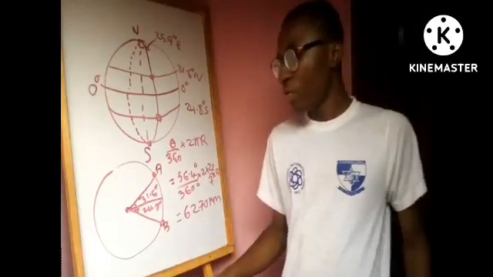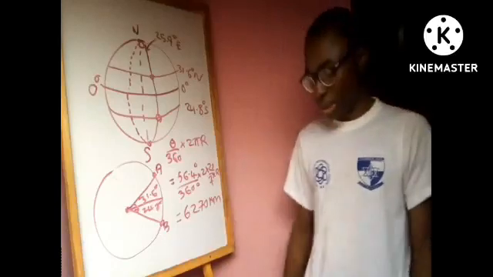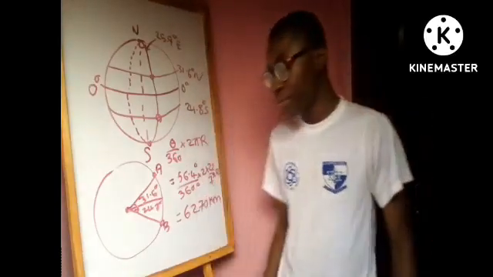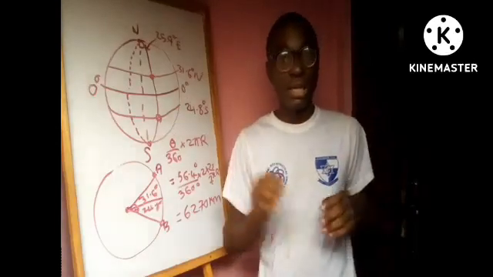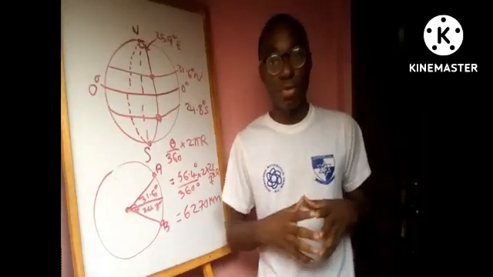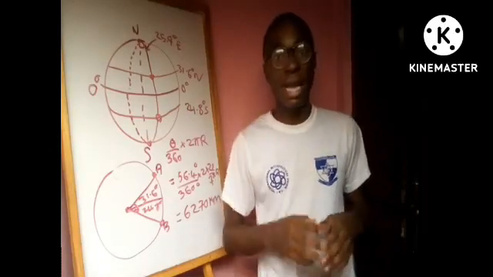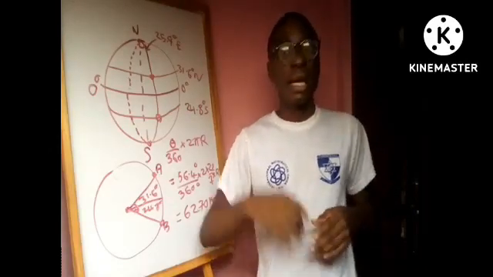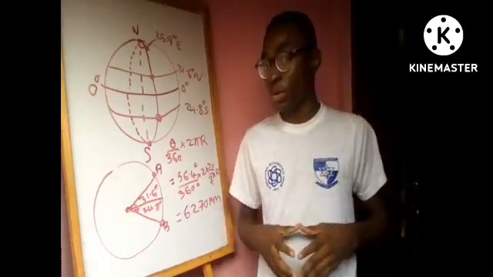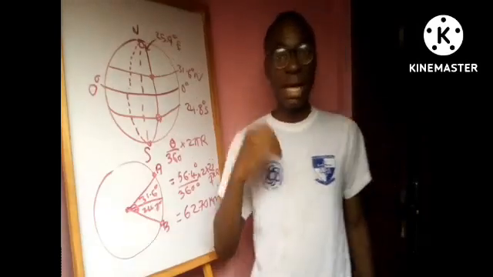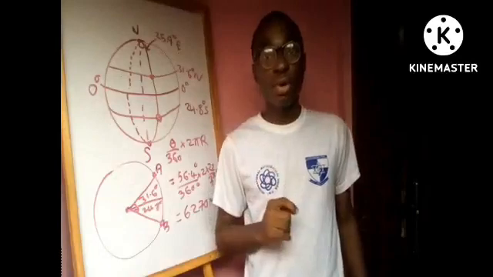Now before we move on to the next concept in this video, let's talk about one part which I would like you to understand. Anytime you are given a line of latitude, anytime you are calculating your distance along a small circle, and as such you will be calculating your distance along a line of latitude, because lines of latitude are small circles except the equator, which is the only line of latitude that is not a small circle. So anytime you are calculating your distance along a line of latitude, which is often a small circle, you make use of the